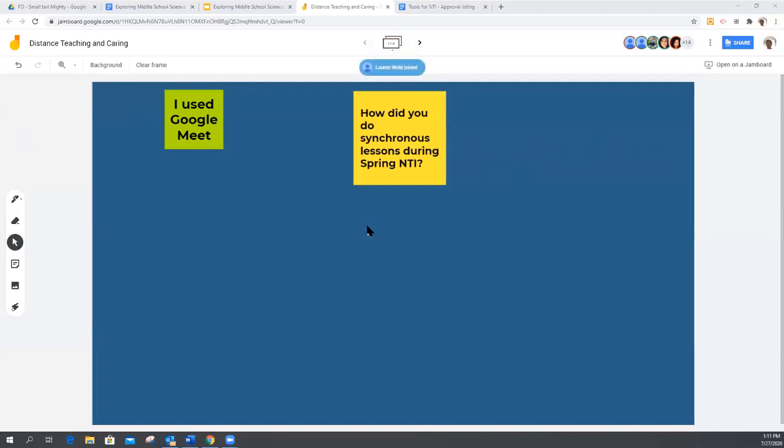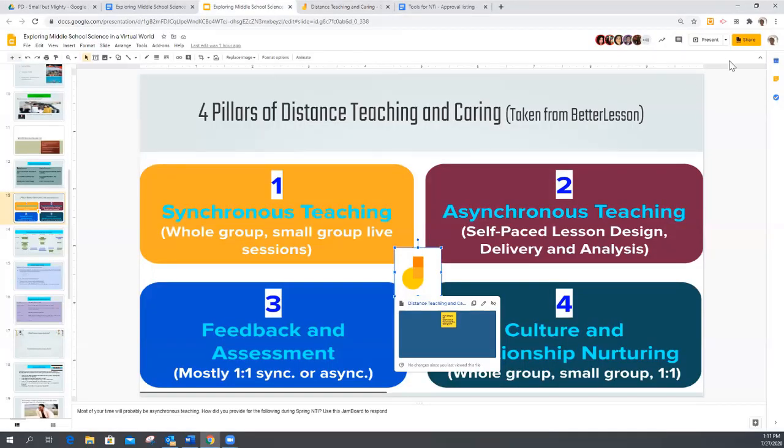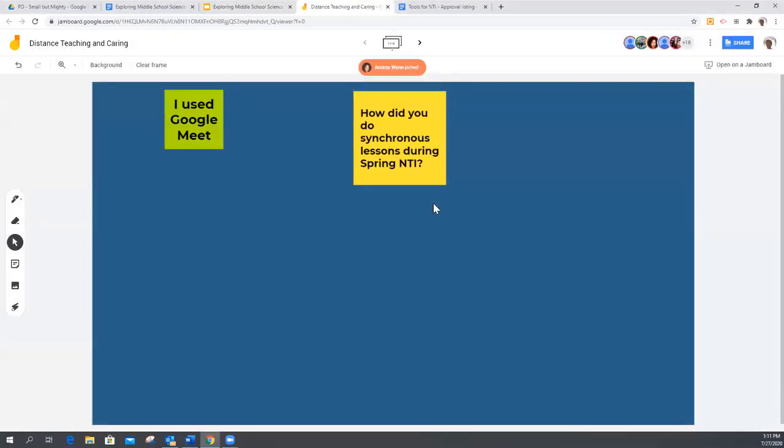I don't know if it's just me, but I don't see the link. Yeah, there's no link on our screen. Okay, hang on. Give me just a second. There you go. Thanks, Michelle. Sorry, another way to get there is through the agenda. I don't know if you said that already. Just click on Jamboard and it takes you directly to it. Thank you.